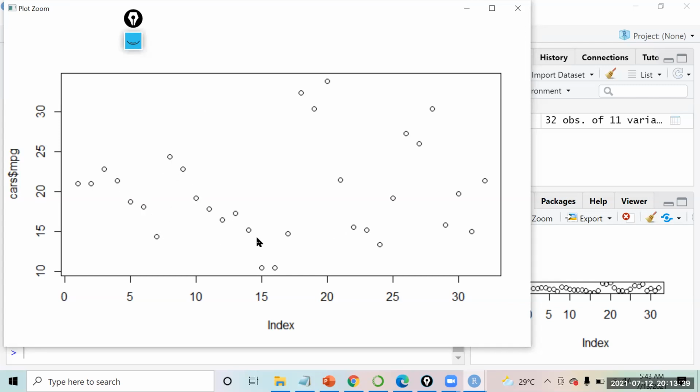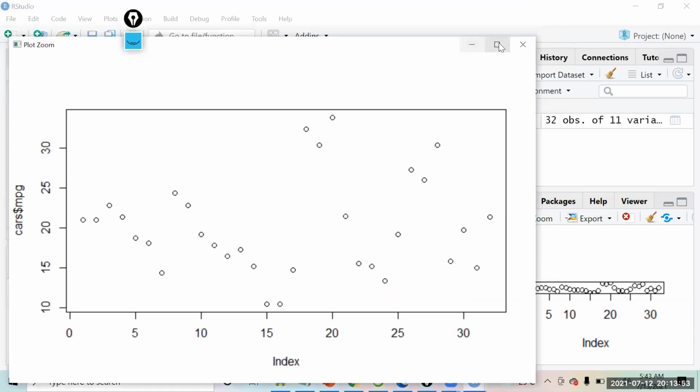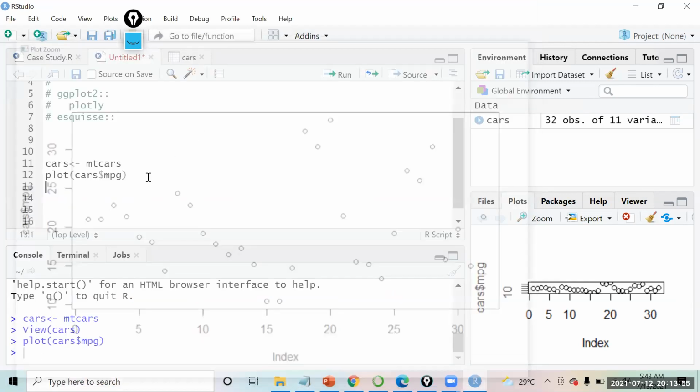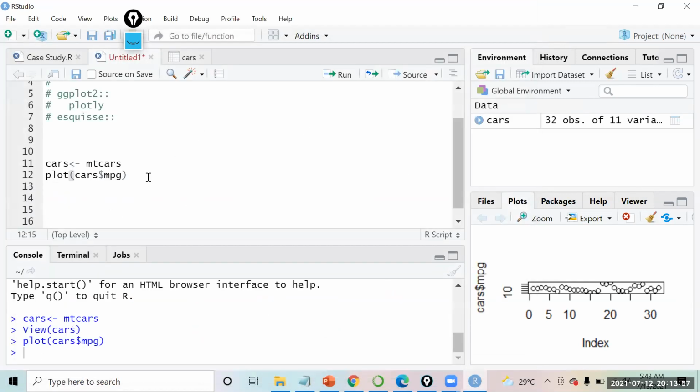By looking at this chart, I can see that the cars mostly have mileage on the lower side. The cars with very high mileage are very few in this data set. So this is how I can create a quick chart with the help of the plot function.